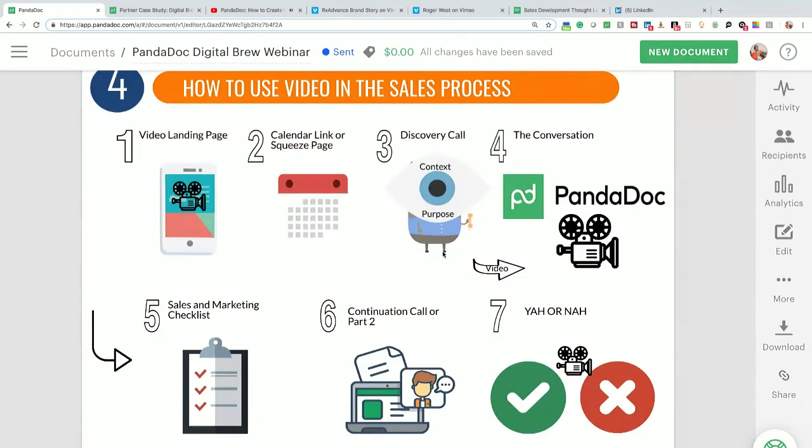These are the 7 steps to pretty much how people make decisions, right? Someone comes through your digital funnel. For us, for example, we have a video landing page. So if you go to Google right now, type in Digital Brew. Please don't click on our paid ad. But if you go to our website, digitalbrew.com, you'll see the video landing page. Unless you do want to buy a video, sure, click on our paid ad. I don't care. But for the purpose of the presentation, you'll see that basically they're